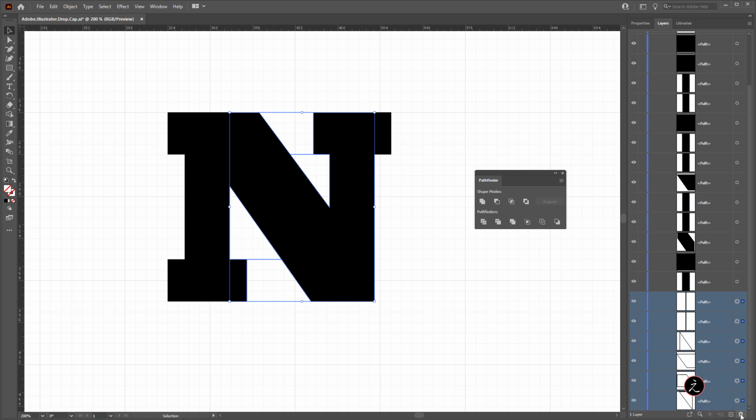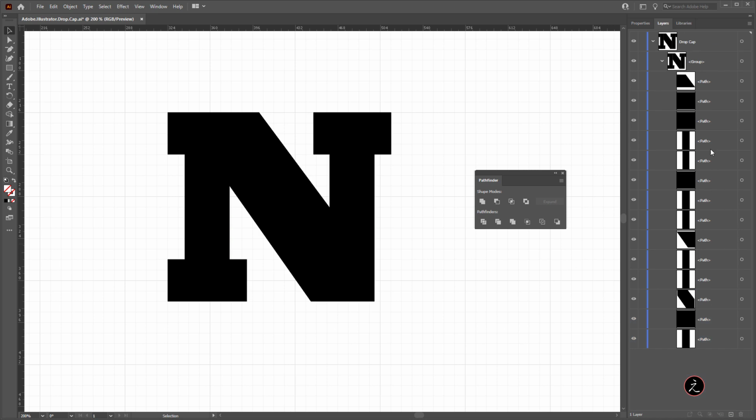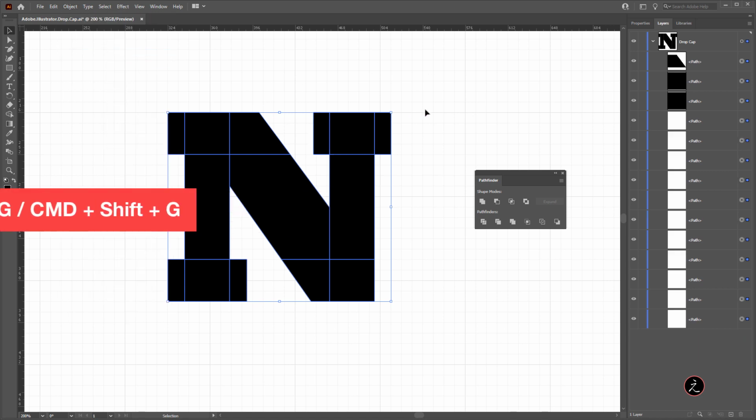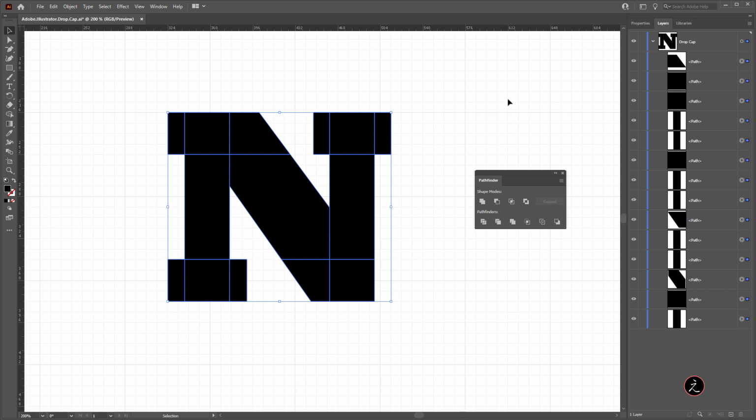In this case, I will just delete those. And now all of them, the rest of them seem to be fine. As you can see here, let's go ahead and ungroup all of these. Go up to the object menu and ungroup that. Here are all the paths here, the separate paths, this one, and so on.